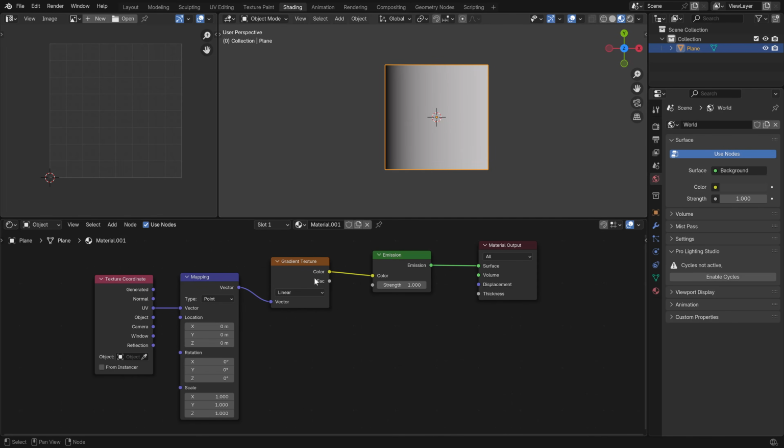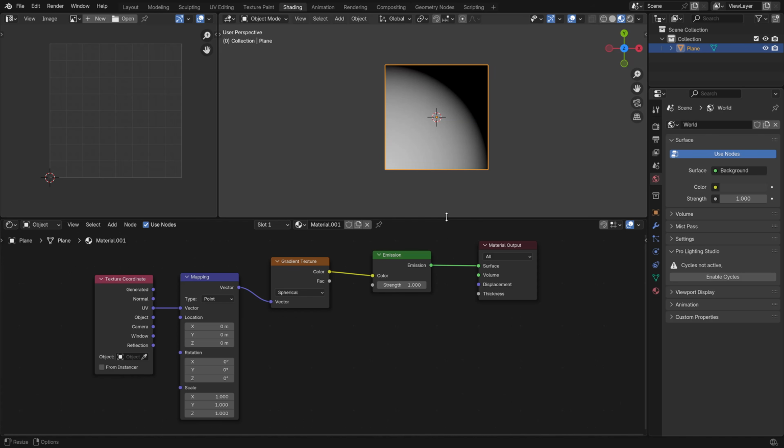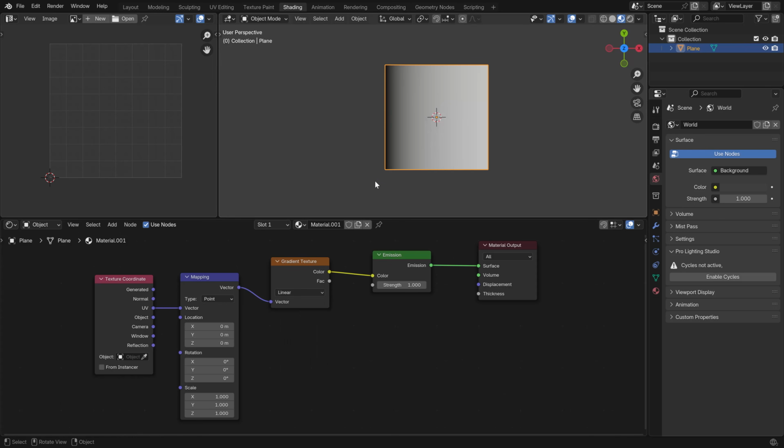However, if we try to change things here, we maybe set it to a spherical gradient, and now it doesn't look good anymore. Or at least it's not doing what we expected it to do. We might have expected this gradient to radiate from the center of the plane, but instead it comes from this lower corner. Now, knowing what we now know, I think you know what's going on here. The origin point of our texture space is in this lower corner. So this is also why the other gradient works fine, because it starts to radiate out from this origin point